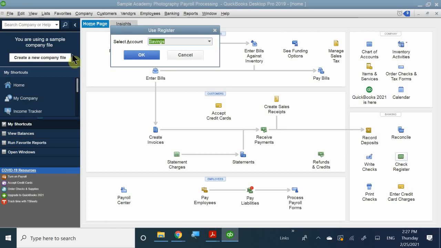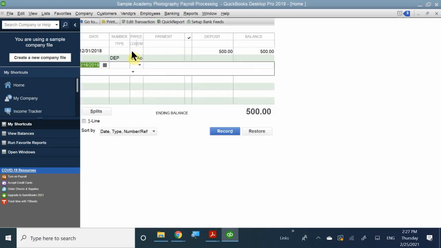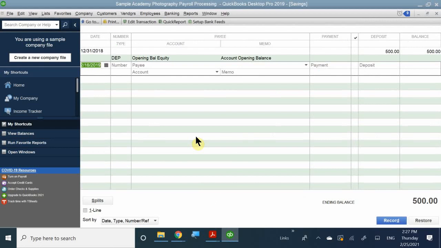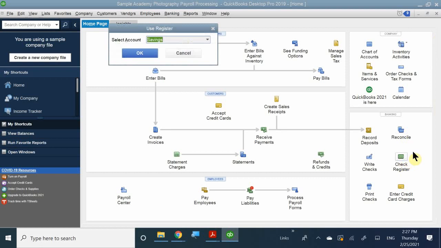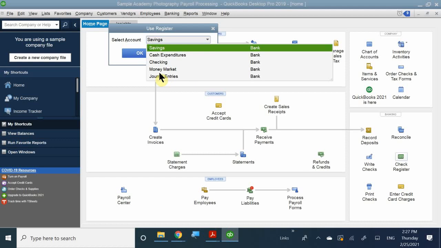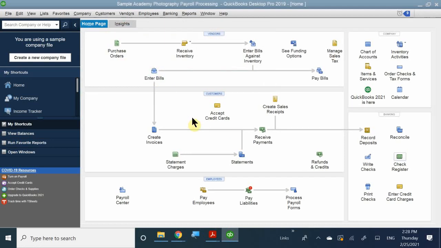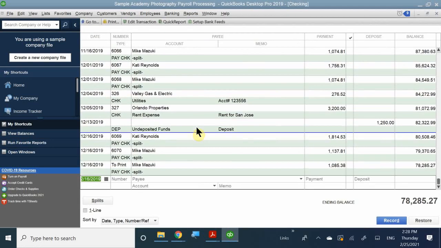No, yeah. So we go to our checking account once again. Oh, I went to savings again. We're going to go to checking. Click OK. And here you have 2 paychecks, right? One is voided, right? If you double click on this one, it's going to say it's voided. As you can see,